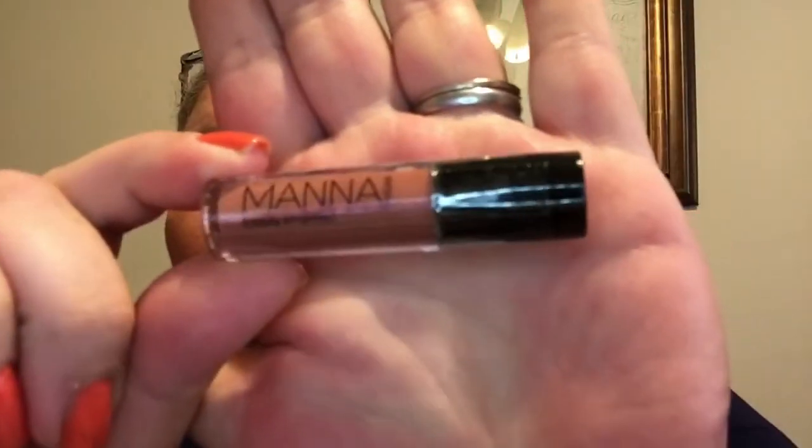And then we got from Manna Kadar, I'm assuming it's a little lip gloss in the color Sienna. So that's pretty. That's a very pretty, it's a beautiful fall color. And then we got,